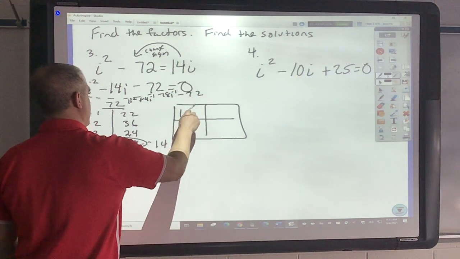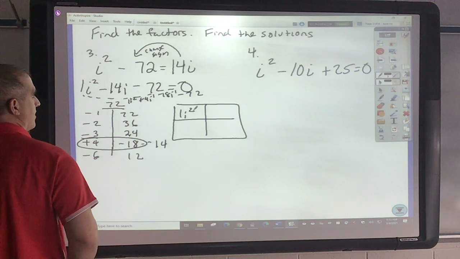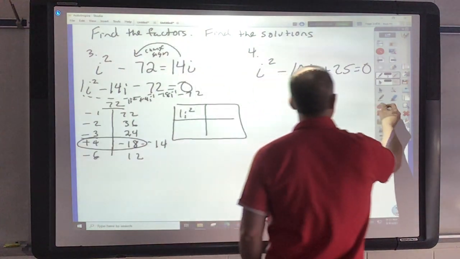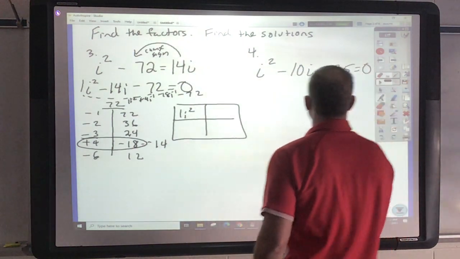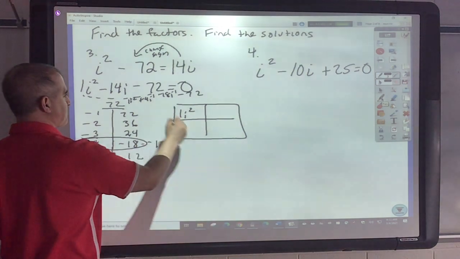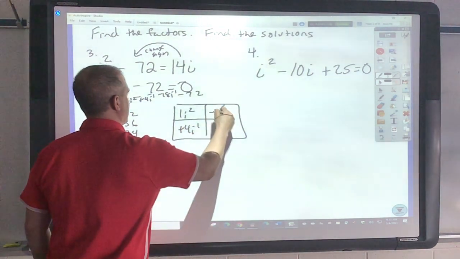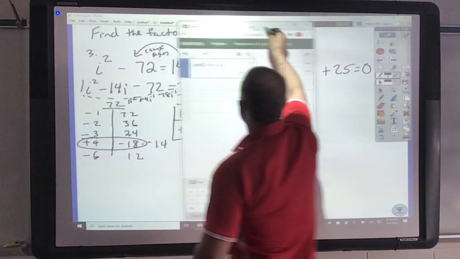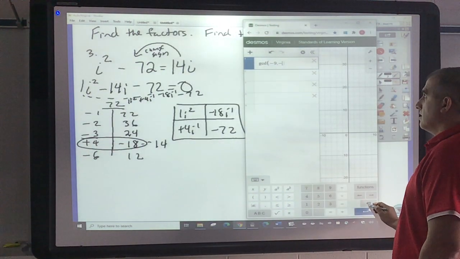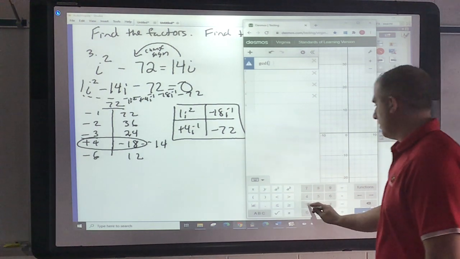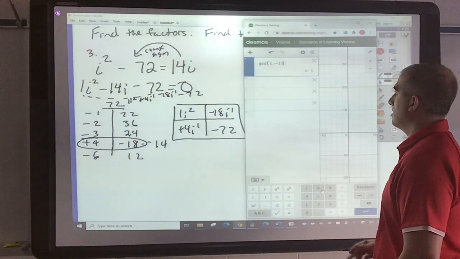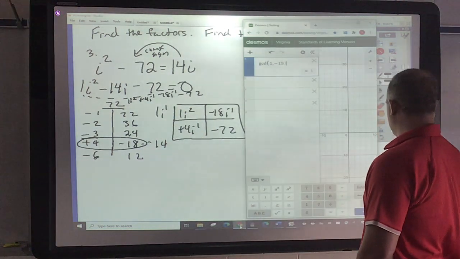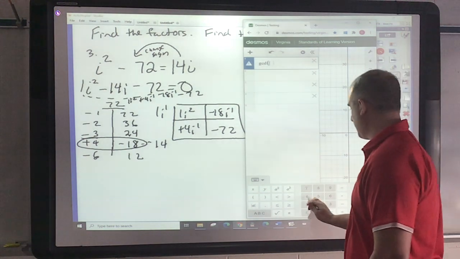So I got 1I squared, okay, all right? Actually, let's go back and, no, that's fine. All right, so I got 1I squared plus 4I to the first, minus 18I to the first, minus 72. And now I'm just gonna do the GCF part. So I got 1 and negative 18, which is 1, that'd be I1. All right, then I would go 4 and negative 72,